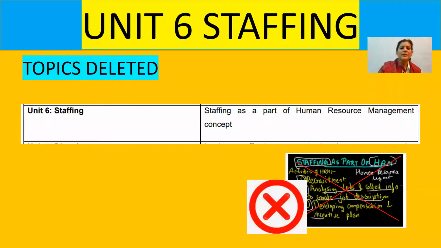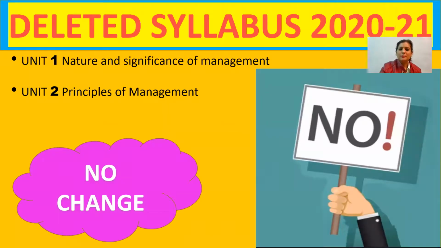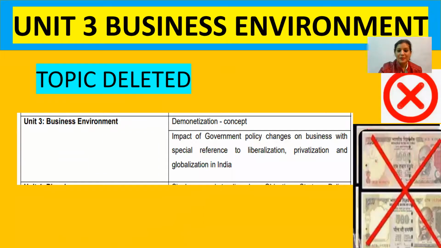Okay, these are deleted topics, but what is important from chapter 1? Chapter 2, everything is important. And you must prepare your written notes. In chapter 1, focus should be on management functions and coordination. Chapter 2, Henry Fayol's principles, you are aware. And Taylor's principles and techniques are most important for you. Taylor's principles and techniques.